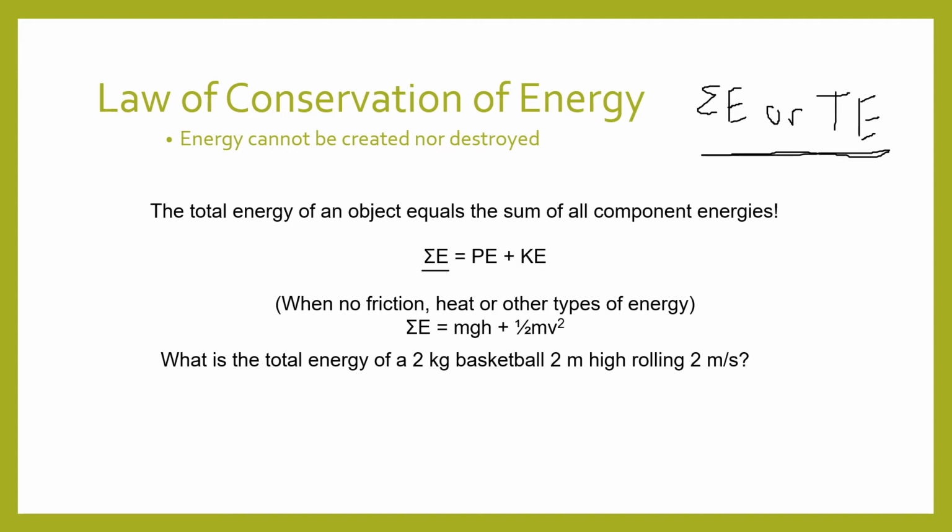So the sum of energy is potential plus kinetic, and then of course plus any other type of energy you have. But I said for the most part, we're just going to focus on this. So I can actually say that the total energy really equals this equation here. I didn't actually give you this equation the other day, but a lot of you were able to figure it out anyway. But I want to physically give you that equation just so you can see how this is going to work in the future. The total energy equals mgh plus 1/2 mv squared, because PE is mgh, and KE is 1/2 mv squared. You can use this equation when there are no other types of energy present. And for the most part, that's what we're going to do.